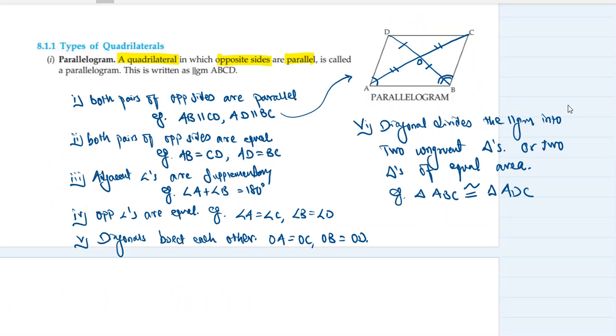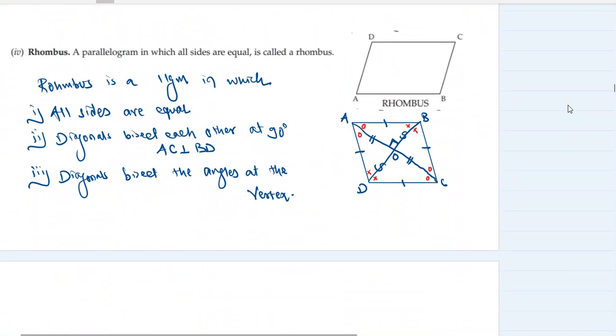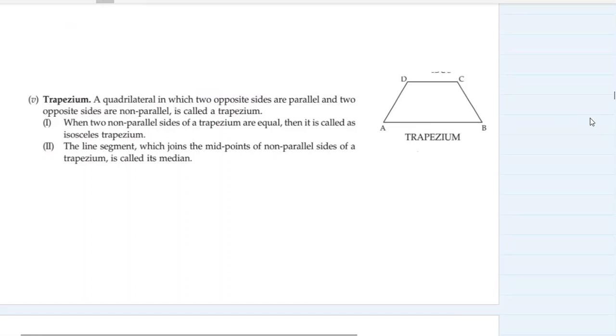OK, so till now मैंने तुम्हें पैरेललोग्राम की सारी प्रॉपर्टीज़ एक्सप्लेन की। Types of parallelograms जैसे कि रेक्टेंगल, स्क्वायर, रोम्बस, ये भी हमने डिटेल में पढ़ा उनकी स्पेसिफिक प्रॉपर्टीज़ के साथ। अब ये जो नेक्स्ट सेट ऑफ क्वाड्रिलैटरल है, so we have studied 4 quadrilaterals up to now, that is your parallelogram, your rectangle, rhombus and square. और दो टाइप के क्वाड्रिलैटरल हमें पढ़ने हैं, ट्रेपेजियम एंड काइट। तो टोटल 6 टाइप ऑफ क्वाड्रिलैटरल्स हमें उनकी प्रॉपर्टीज के साथ याद रखने हैं, ठीक है, क्योंकि ये 6 टाइप के क्वाड्रिलैटरल्स के ऊपर क्वेश्चंस आ सकते हैं।